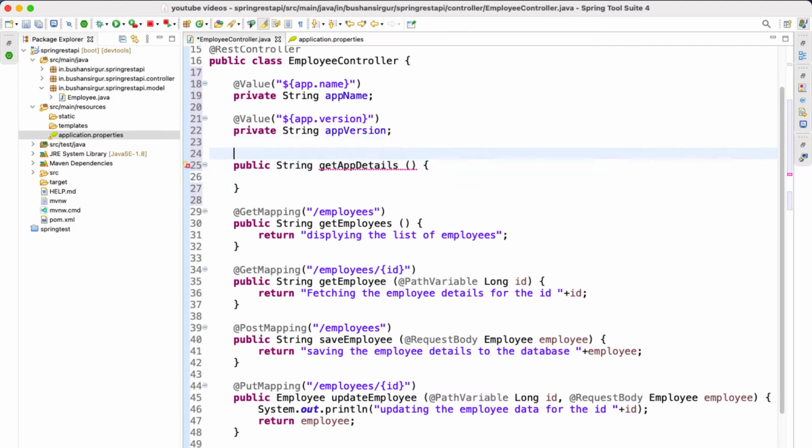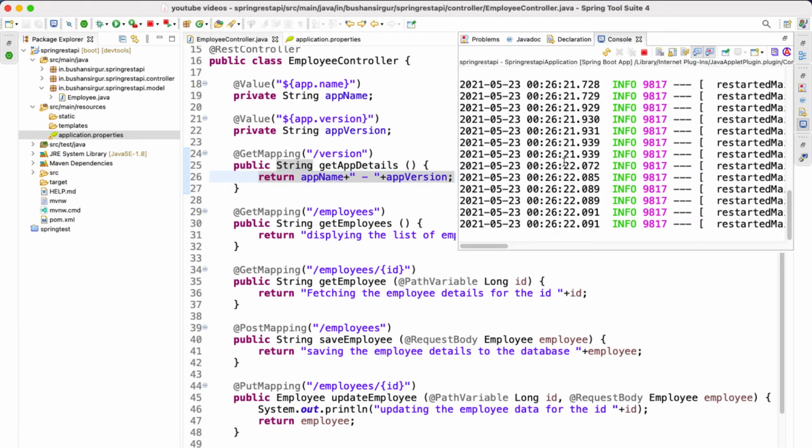We are going to map this to the URI, which is @GetMapping("/version"), and this is going to return just the application name, which is appName, and then we concatenate a string, which is a hyphen, and the appVersion. Alright, now let's save this, and the application is restarted.